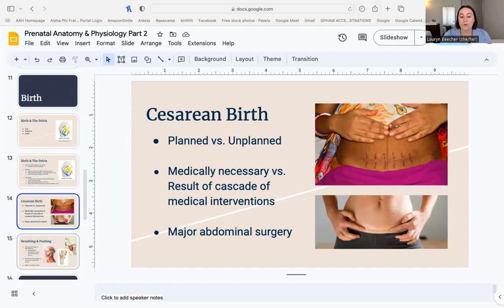So when we think about recovery postpartum, this person is going to need a lot more passive support at the abdomen, whether that's high-waisted leggings or an abdominal brace. They're going to need to take it really easy to allow that incision to heal. And it's not just the wound from the placenta or any tearing along the perineum or labia. So keeping that in mind, if someone is early postpartum in a class, this was a major surgery.